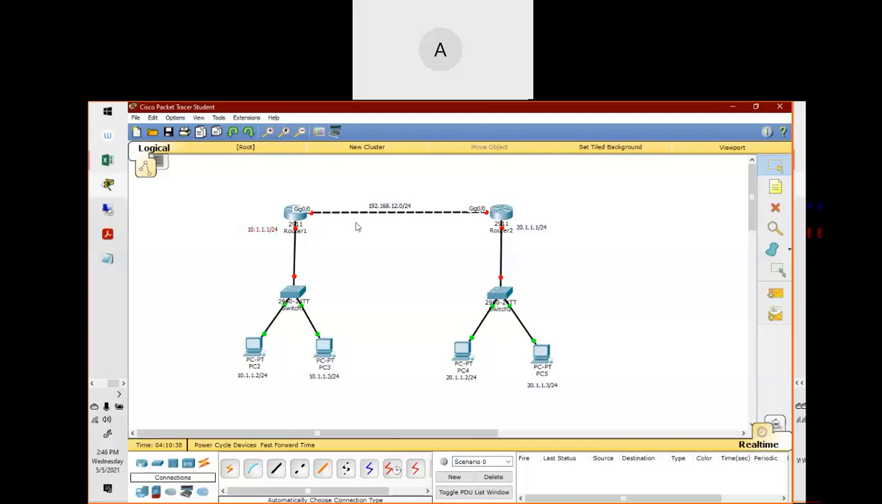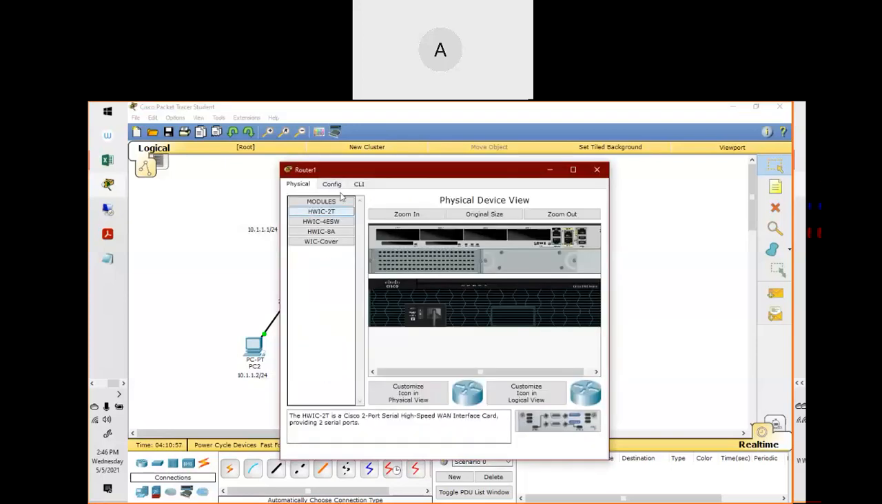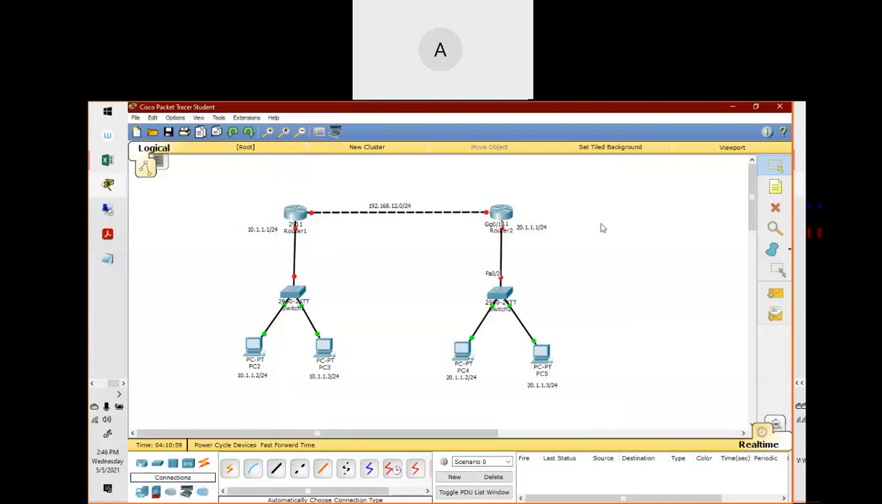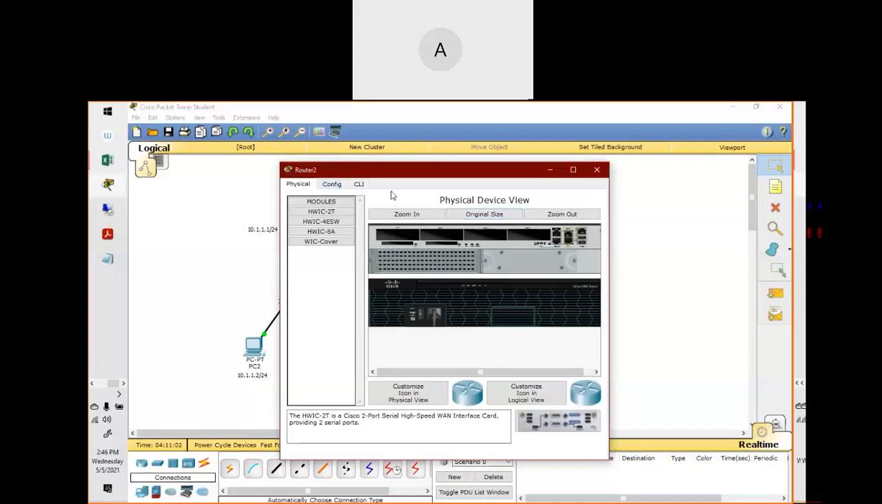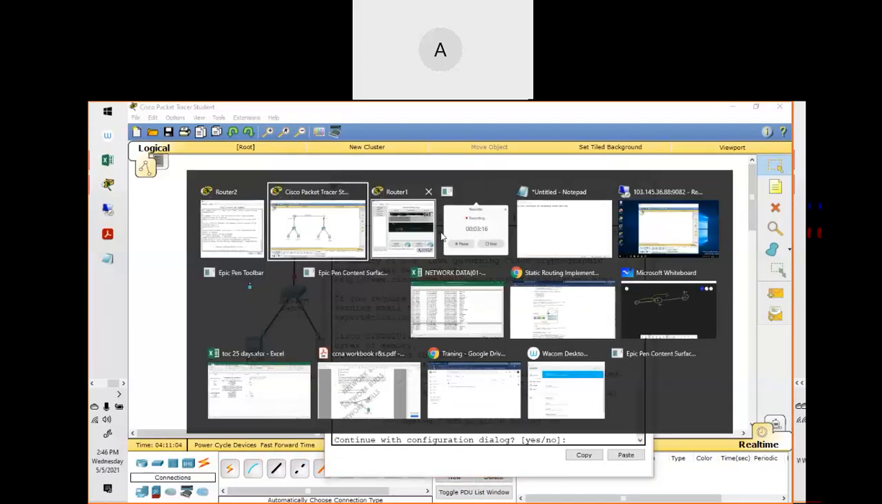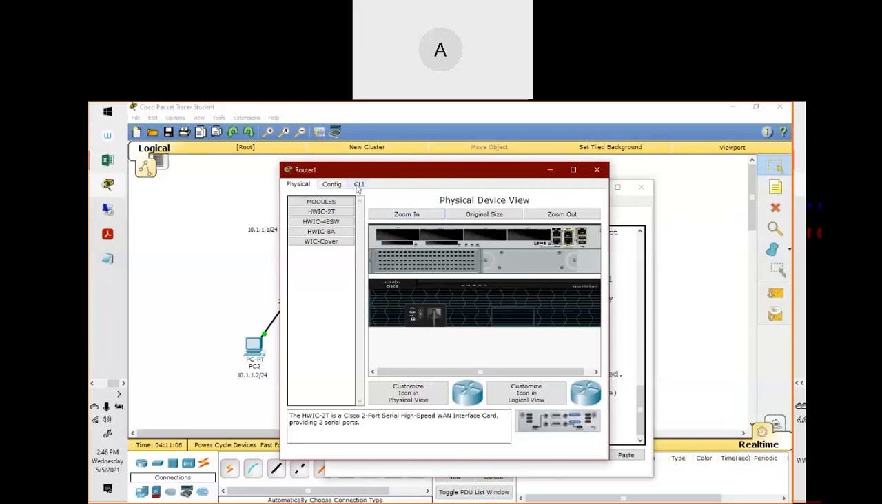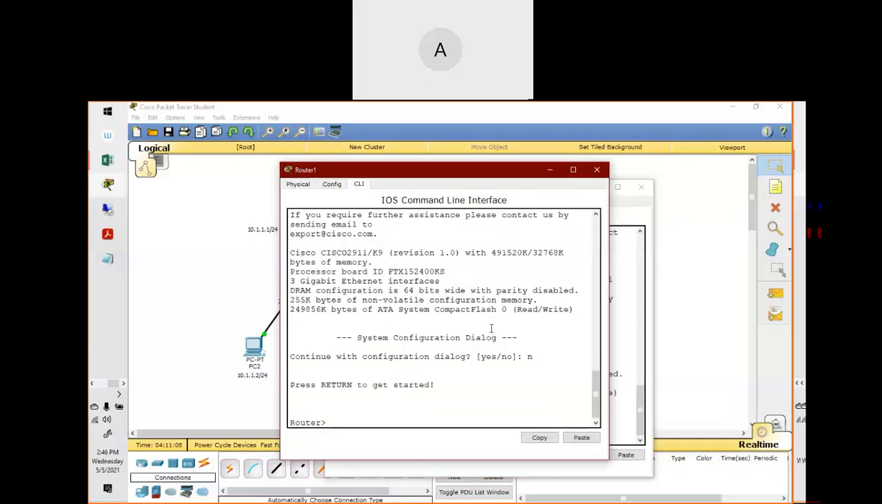Okay, so just look at this one. Both of the routers are connected with the gig 0/0 link, right? Gigabit Ethernet 0/0 link. And if I talk about the LAN, gig 0/1 here, and here also we are using gig 0/1. So let me take the access of this router. This is your router 1 and this is your router 2, right? Now move back to router 1, go to the CLI, put